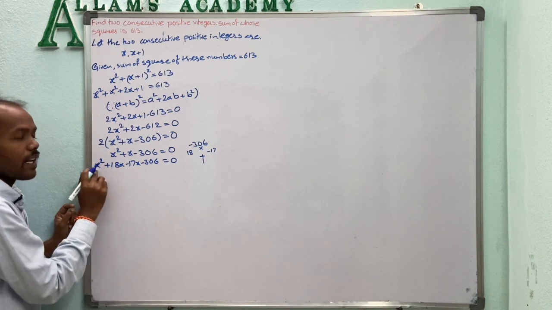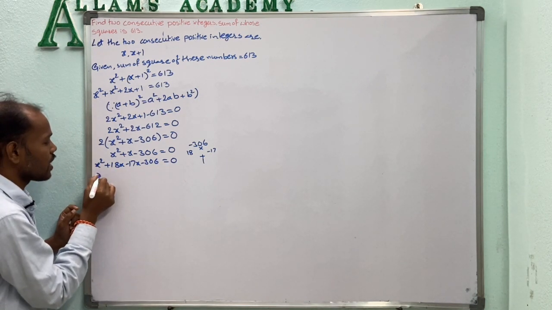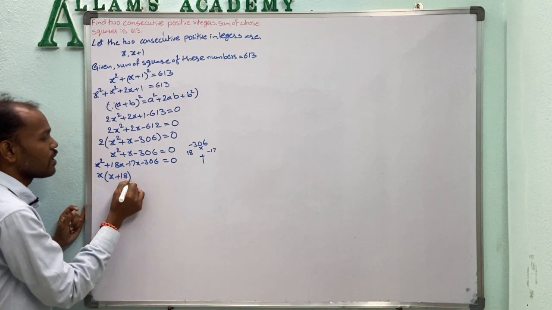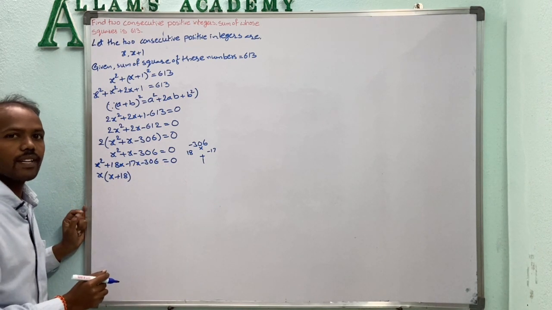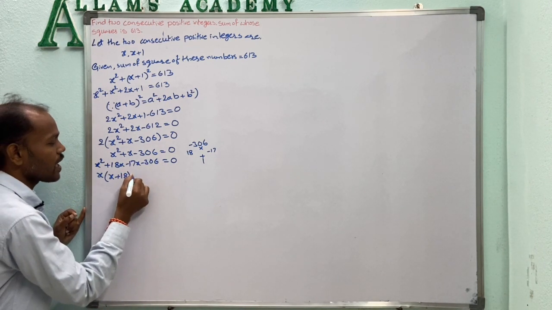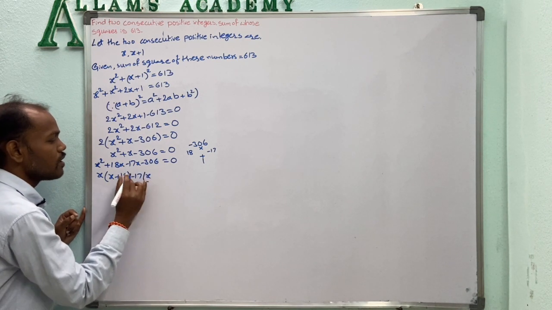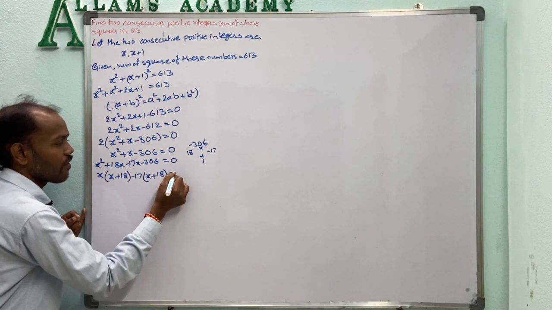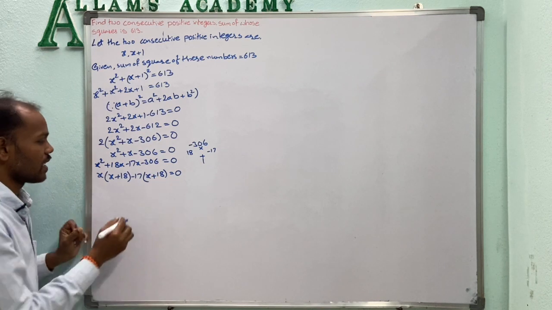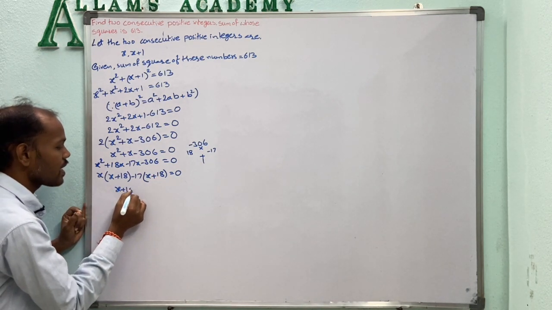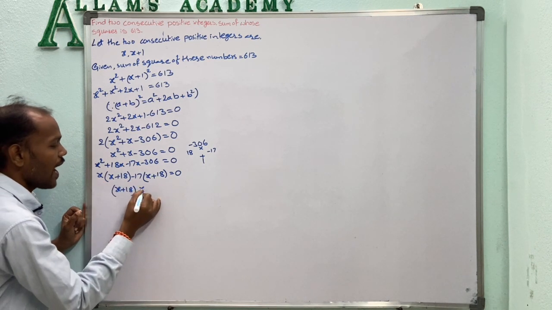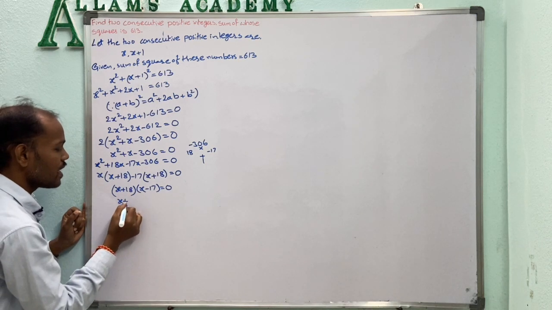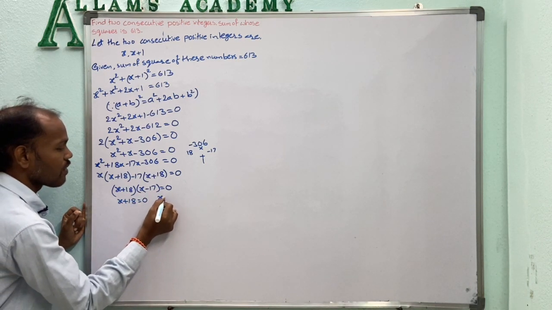Now in these first two terms, x square means we can write x into x, so taking x common, x into x plus 18, since 18x with x already taken outside leaves 18. Now 306 can be written as 17 into 18. So in these last two terms, taking minus 17 common, that leaves 1 as x. So minus into minus is nothing but plus, 17 into 18 is 306, so plus 18 equal to 0. Now here x plus 18 is the common factor. So taking x plus 18 common, here remains x and here remains minus 17, equal to 0. That means either x plus 18 equal to 0, otherwise x minus 17 equal to 0.